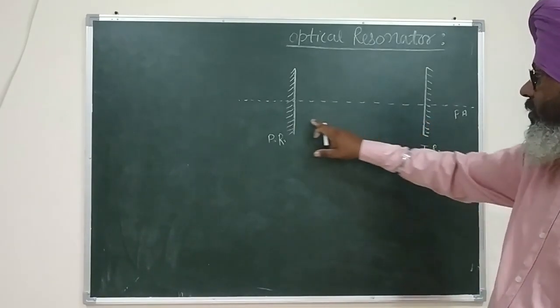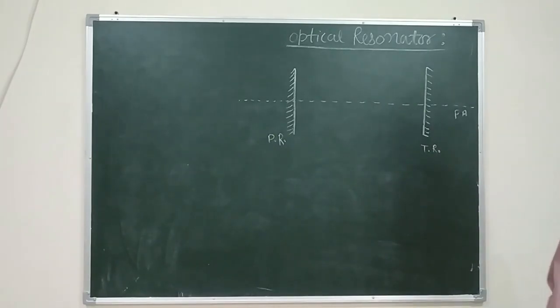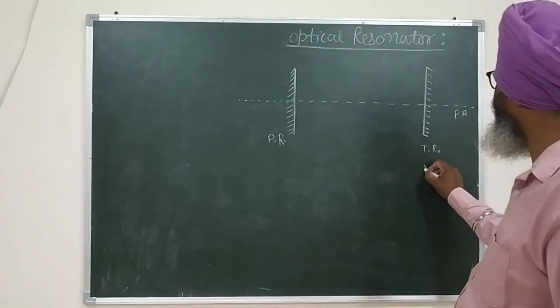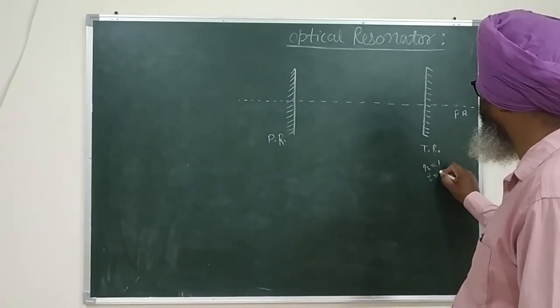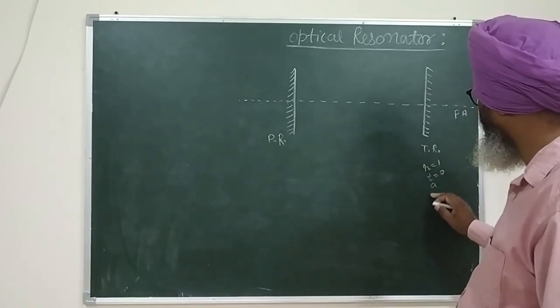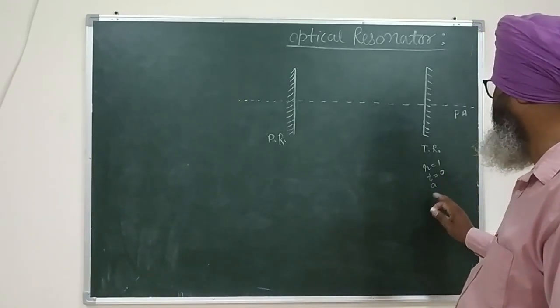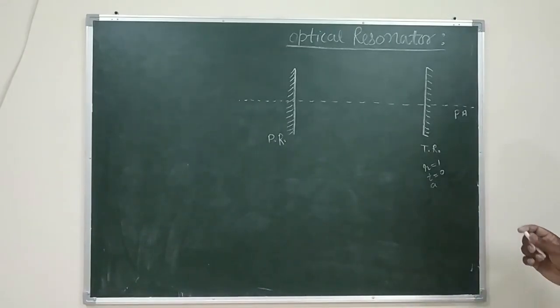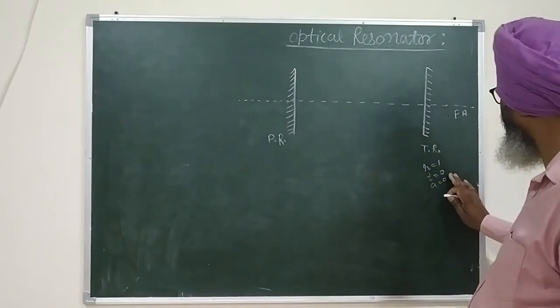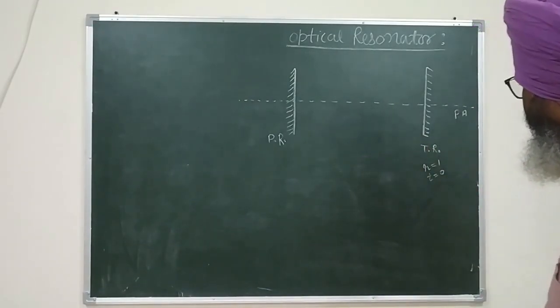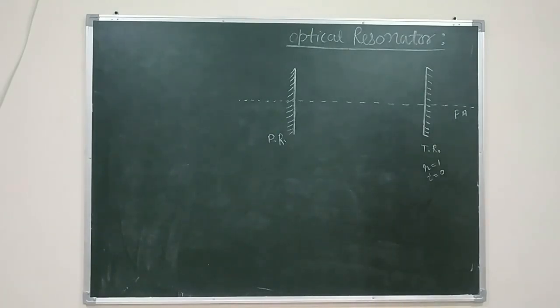and one of the mirrors is totally reflecting, meaning its reflectance is 1, transmittance is 0. Absorbance we will assume in this case that none of these mirrors absorbs any light, so I will assume absorbance to be also 0. I will not write it here on the board. I will deal with only two terms, reflectance and transmittance. The third one, absorbance, is 0 according to assumption A. No mirror is absorbing any light. This is my assumption. I am discussing the ideal case.